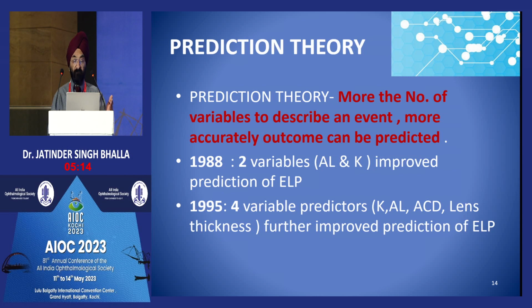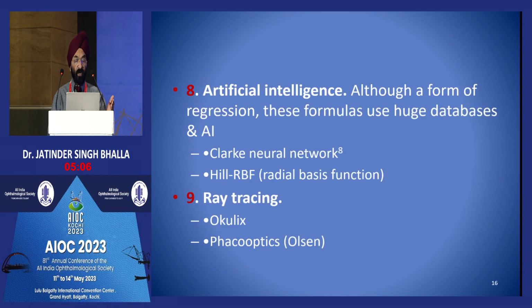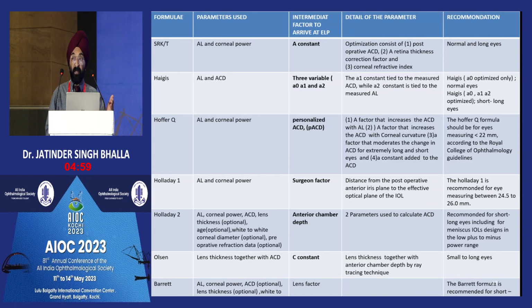So we have moved on from 2 parameters in 1988 to 4 variables in Olsen, 5 in Barrett Universal 2, and 7 variables in Holladay 2. Artificial intelligence is utilized in Hill RBF and ray tracing in Oculus and Phaco Optics. And there are some variables